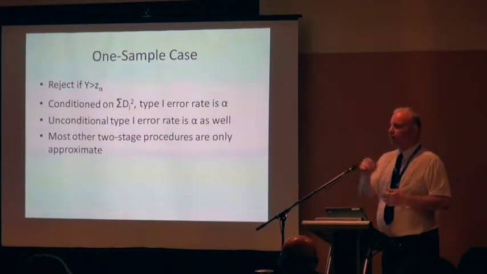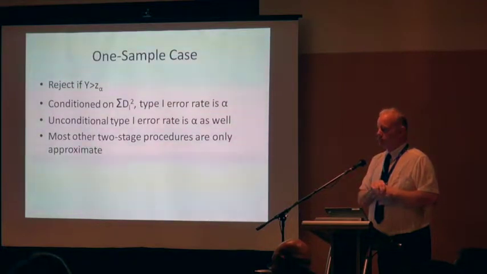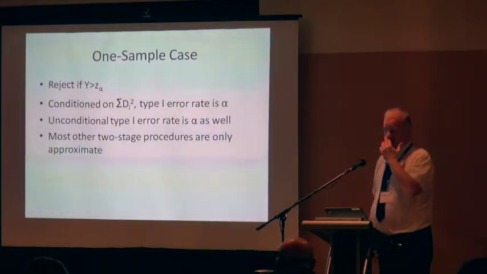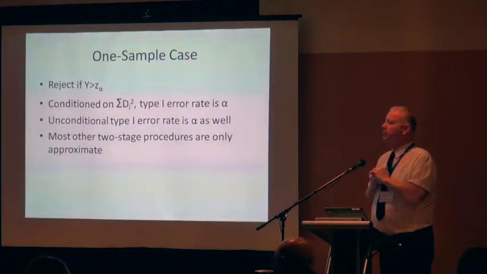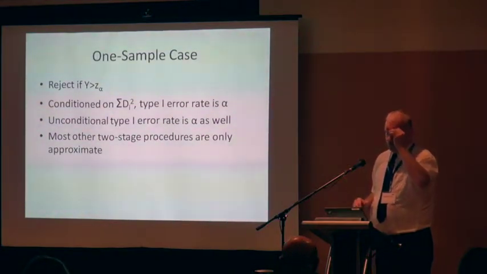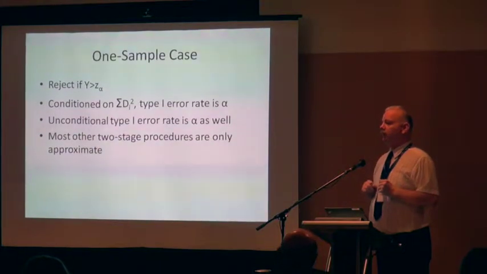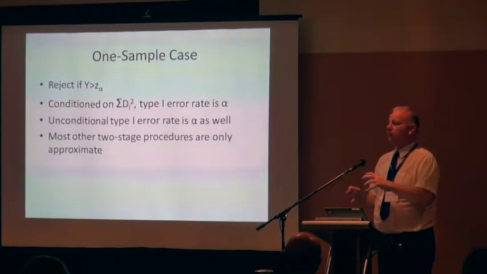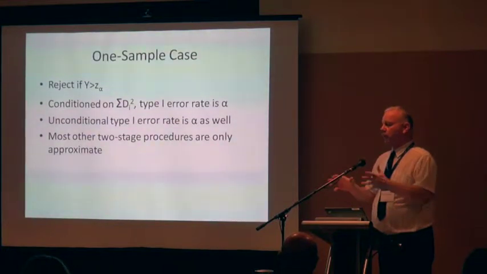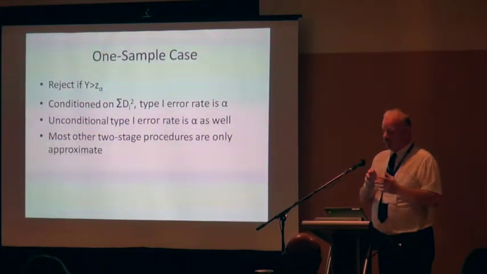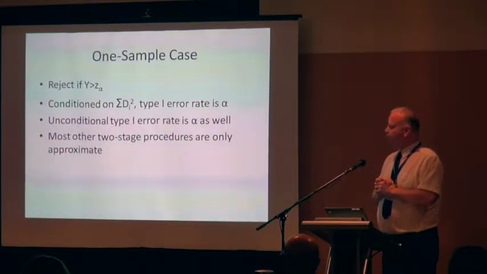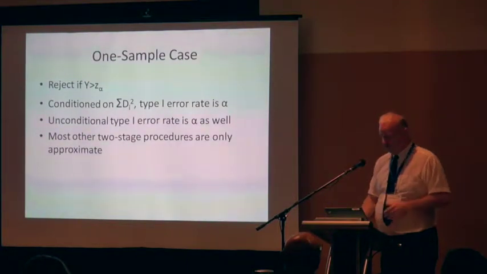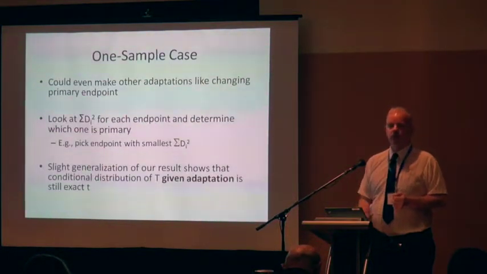Okay. Yes? How does this differ from treating the two halves as two separate clinical trials? It seems like you're analyzing them independently. Well, yes, that's right. But that same statement could be made about the usual thing that we do. It also can be viewed as combining two independent groups of data. So it's really not different from that. But the advantage is that you're allowed to change the sample size based on that sum of the di squareds. So that's how you would do it in a one-stage setting.